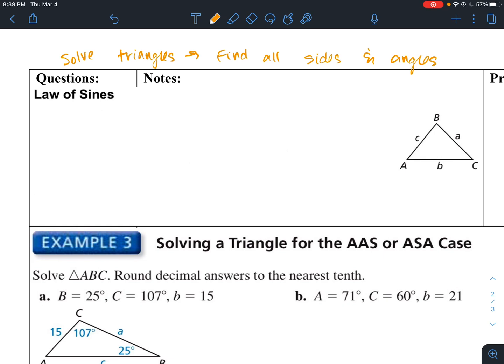Okay, so here's the law of sines. You can use it to solve triangles